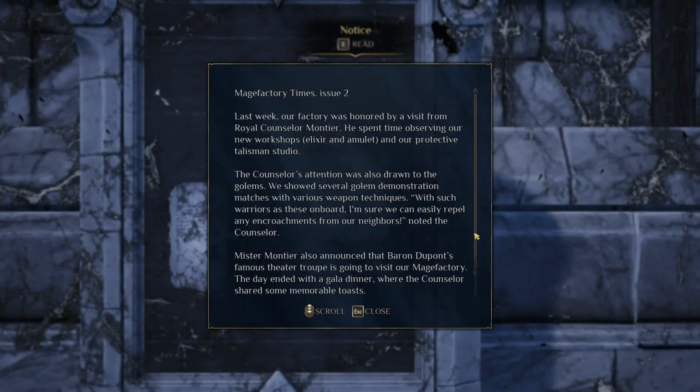Mage Factory Times, Issue 2. Last week, our factory was honored by a visit from Royal Councillor Montier. He spent time observing our new workshops, Elixir and Amulet, and our protective talisman studio. The Councillor's attention was also drawn to the golems. We showed several golem demonstration matches with various weapon techniques. "With such warriors as these on board, I am sure we can easily repel any encroachments from our neighbors," noted